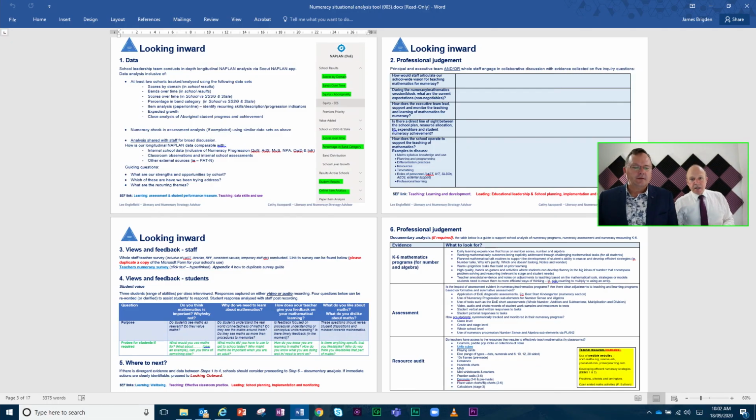So there you have it, Steve, the looking inward phase of the K6 situational analysis tool for numeracy. So next week, James, we've got our team of experts coming in, and they're going to guide us in the looking outward, making the judgments against research, and helping us to put ourselves in a position to start the looking forward